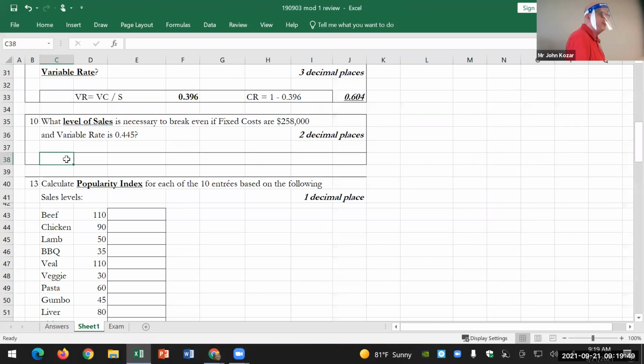Okay, so, surprise. What level of sales is necessary to break even if fixed costs are $258,000 and the variable rate is 0.445? So when we break even, how much is profit? Zero. Your sales and expenses are the same thing. So the sales required is equal to